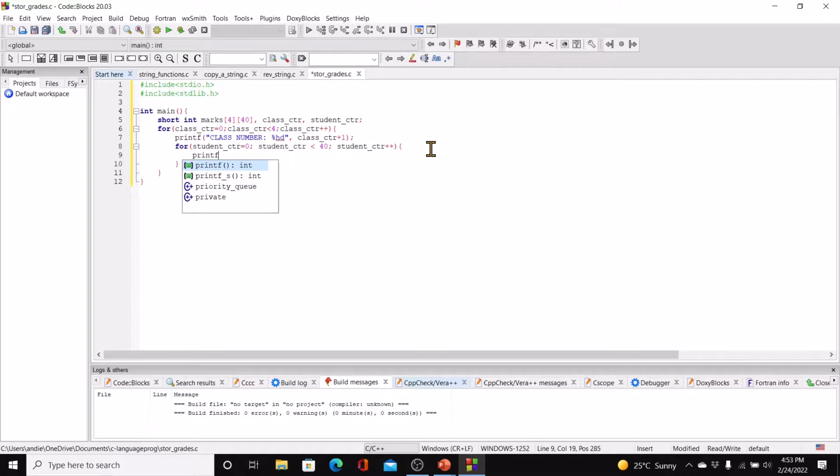So printf "Enter marks for student %d", right? And we can leave a space there, semicolon. Now after this class number, maybe we have a new line, right? So that this message comes in the next line. And then scanf "%d",